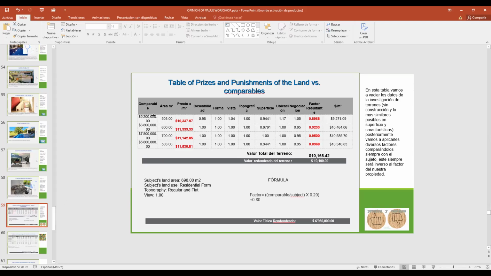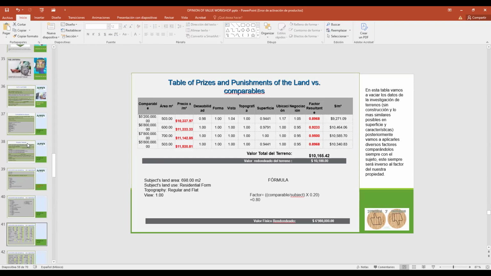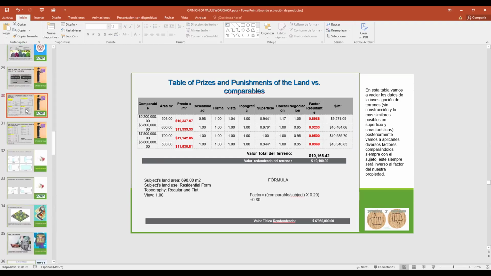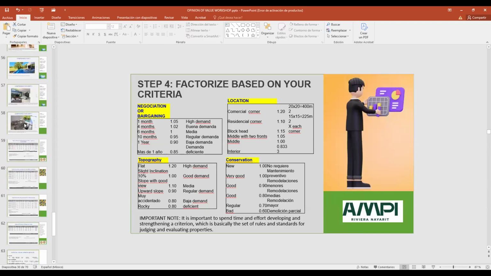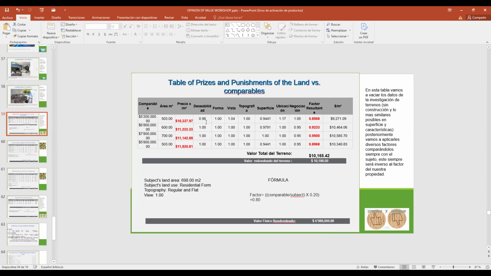Comparable number 1: the price, then the surface, the price by square meters, and then we're going to use the factors. I already told you the factors. All these factors we're going to use in the table. Sometimes we're going to write down the price or the punishment, and sometimes we're going to use a formula.